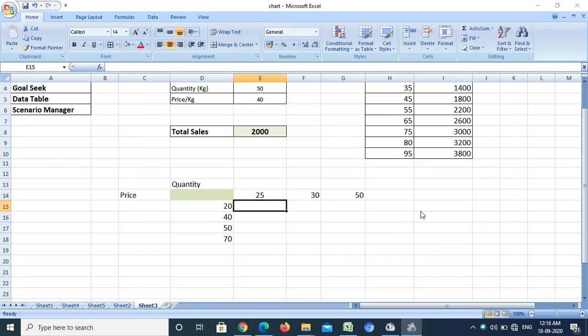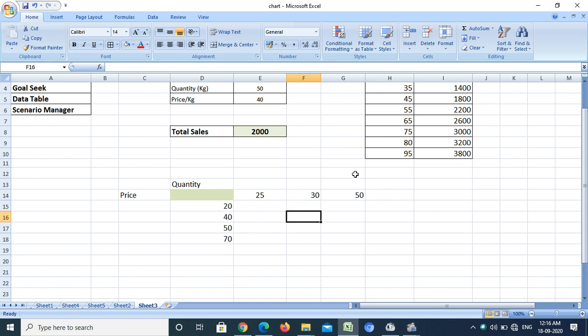Now suppose I want a data table where if my quantity is 20 kg and the price per kg of sugar is 25, what would be the total sales? If my quantity is 40 kg and the price of 1 kg is 30, then what will be the total cost?